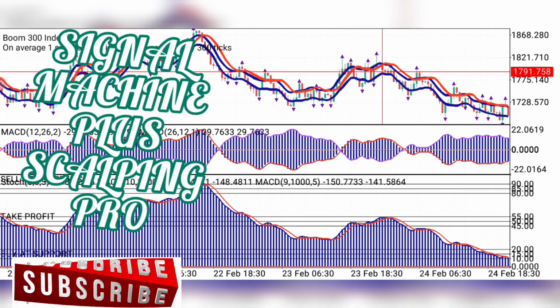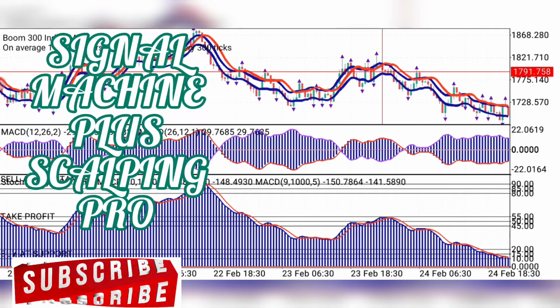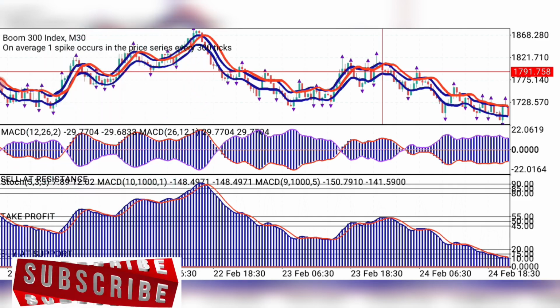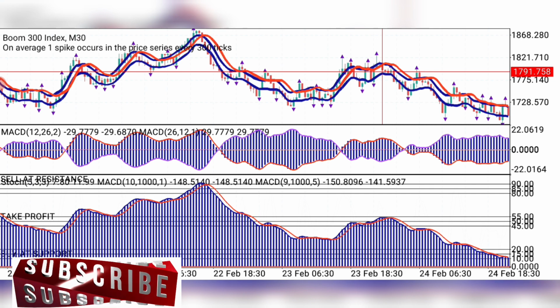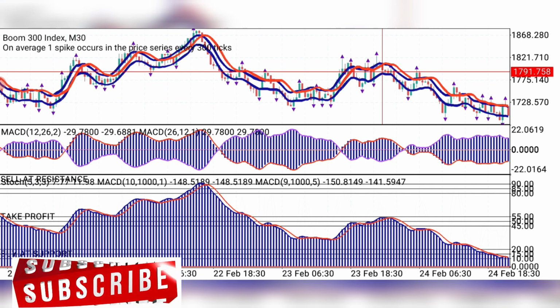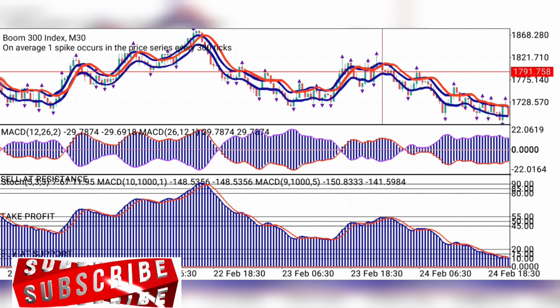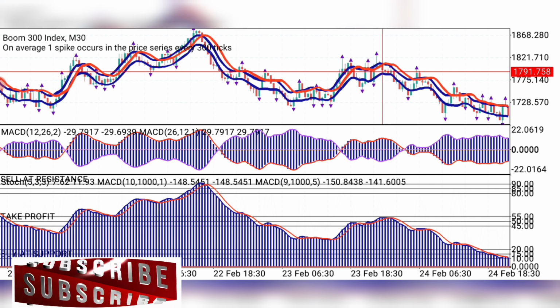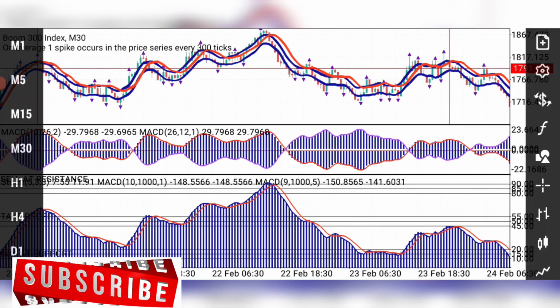We're going to be talking about MACHINE Plus Scalping Pro and how it can be used to profit in the markets. First of all, we're going to be looking at the three key functions of the three different layers that make up the MACHINE Plus Scalping Pro. We're also going to be looking at the three basic confirmations you can use in taking your trade in the marketplace. First of all, we start with